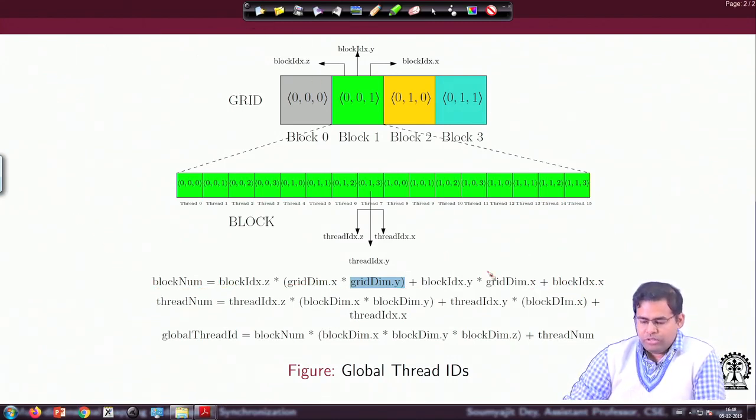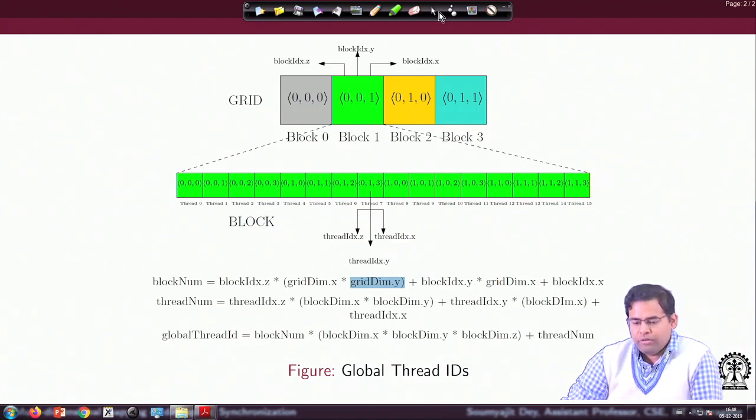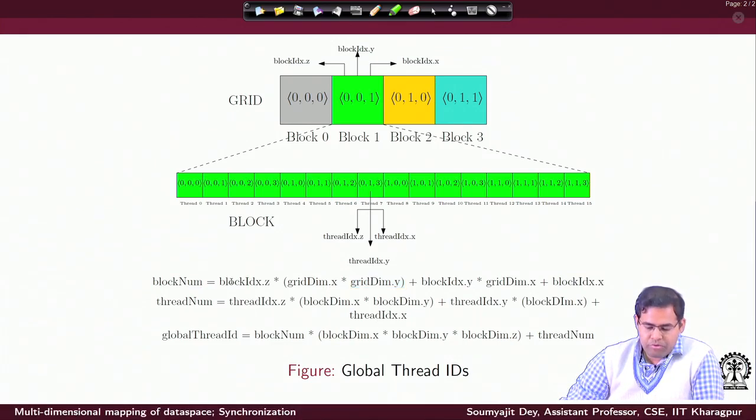So, we will see that it would of course get better in terms of examples once we see some example code here. Now, in that way we can compute the number of the block for a given thread. How do I really compute the exact number of the thread or the global ID of the thread